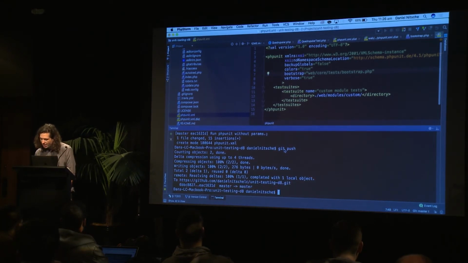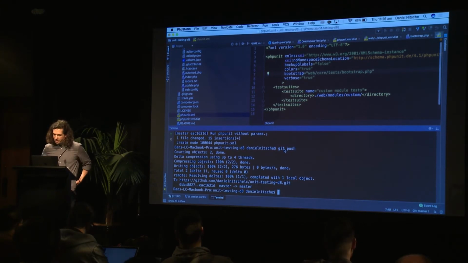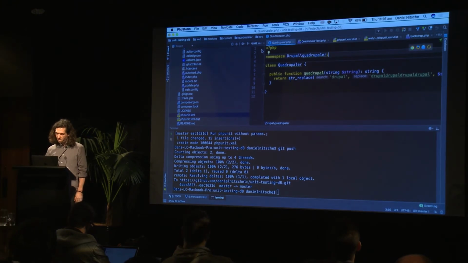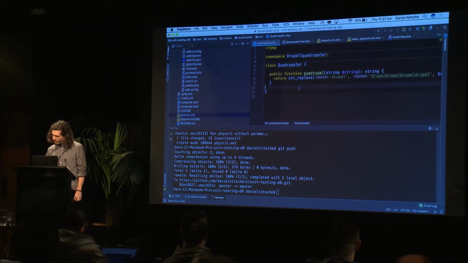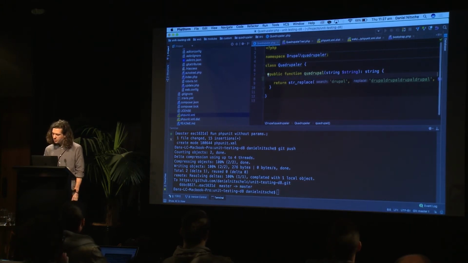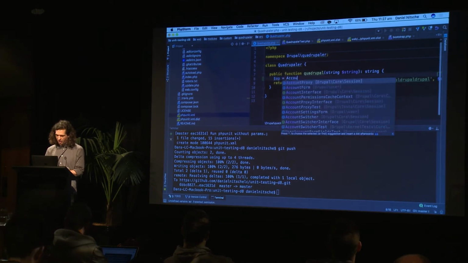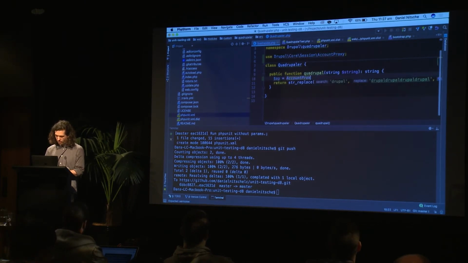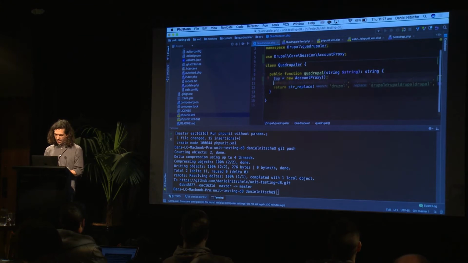Okay. Next. So now, let's touch briefly on dependency injection, because what we've done so far is pretty basic stuff. This might have got a few of you over the line from where you were previously, but let's keep going. So say that in our quadruple function, if the user's anonymous, then we want to change the string somehow. So the way you may do that is you might use the AccountProxy class, right? So make a new one of those, and then what we might do is we might go like this,